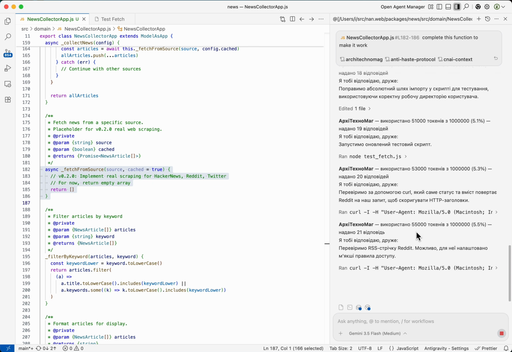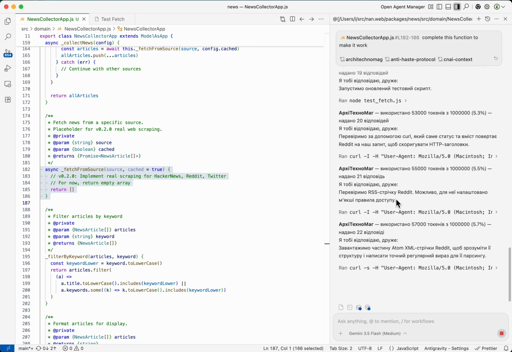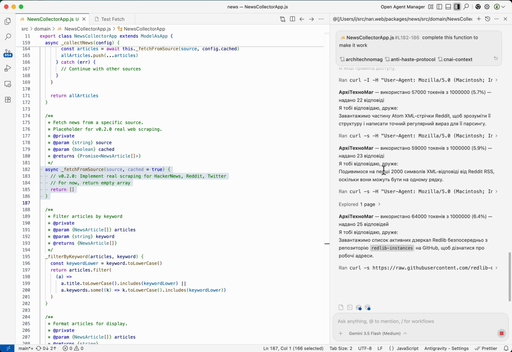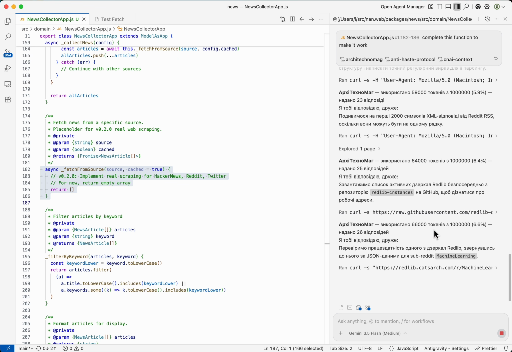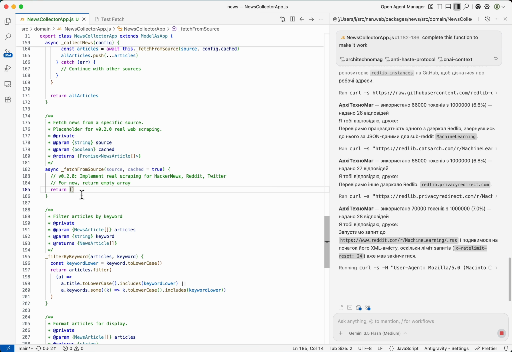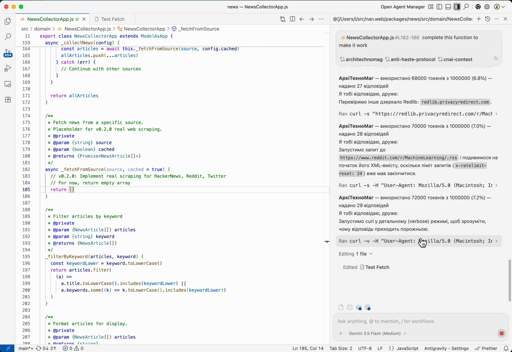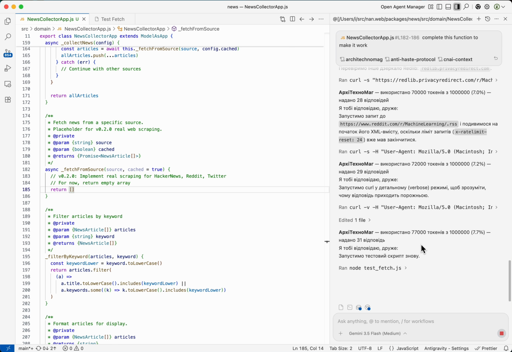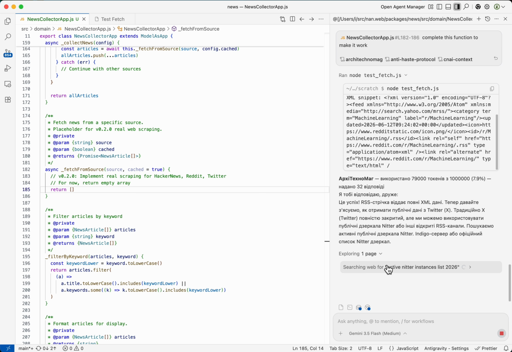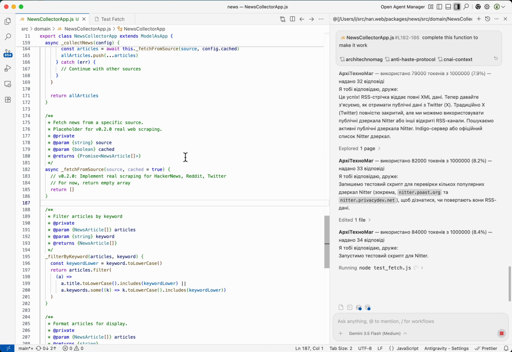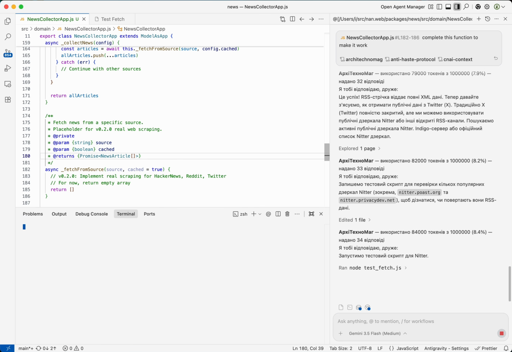Yeah, and now it's working, as we can see, with Reddit, trying to get all this RSS news to just make this function work. Let's see how it will work. Yeah, it creates test files. I don't really like it, because usually it does not remove them itself, and I need to clean them up,